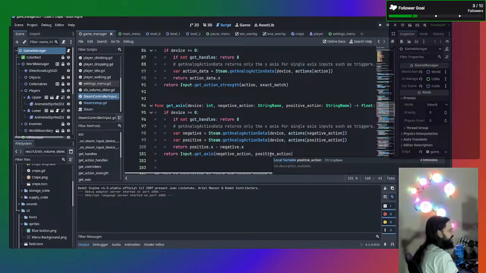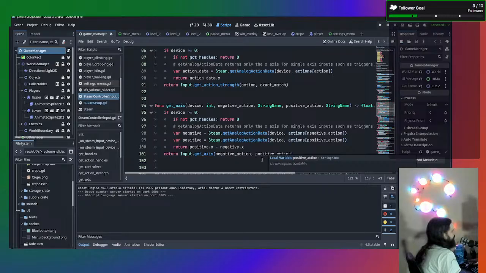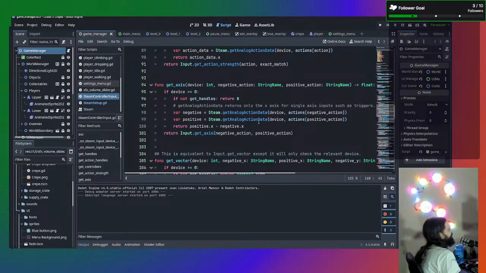I gotta start remembering to think of it that way. So we got this float value, which is just the difference between the negative and the positive, essentially. So it's the positive minus the negative. Technically it's the positive minus the absolute value of the negative, but that's neither here nor there. Okay, so what we're going to do,